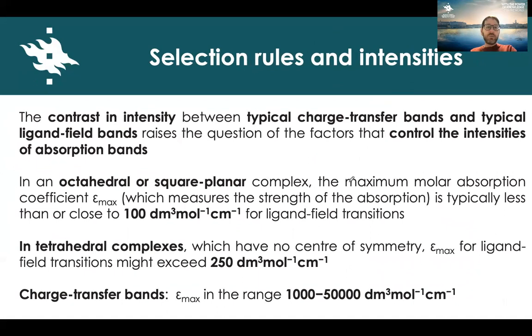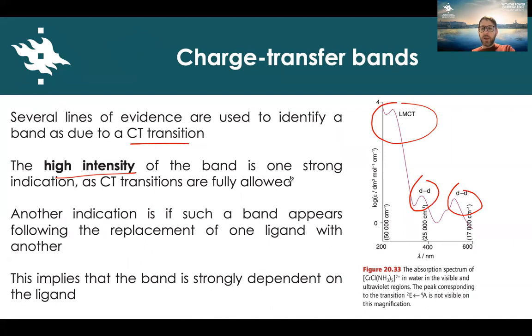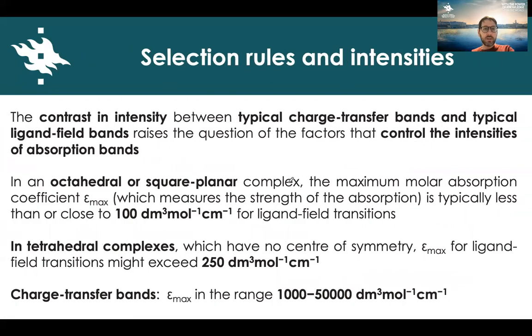So these differences in intensity between d-d bands, or d-d transitions, and charge transfer bands raise the question: why do we have these differences in the intensities of the absorption bands? If you have an octahedral or square planar complex, for example, the maximum absorption coefficient, which is a measure of the strength of the absorption, is typically less than or close to 100